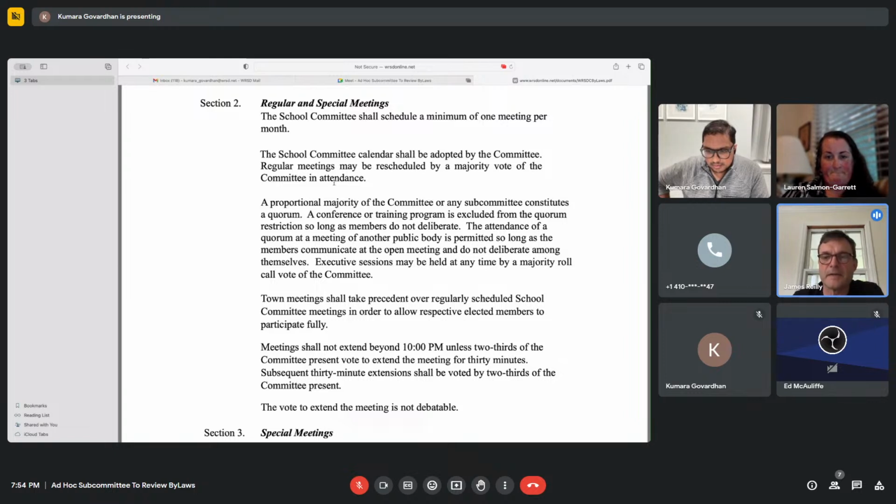Was that originally built in part to ensure transparency of the business that gets conducted in public? You know what I mean? I don't know, I was just throwing that out. But I totally hear what Lauren's saying, in terms of, if that was the intent, I'm not sure that's how it's being used.